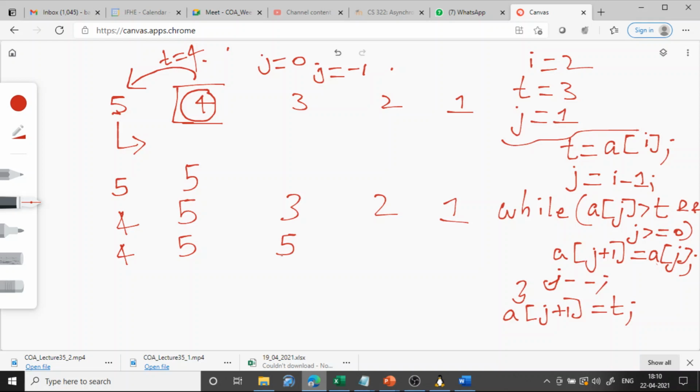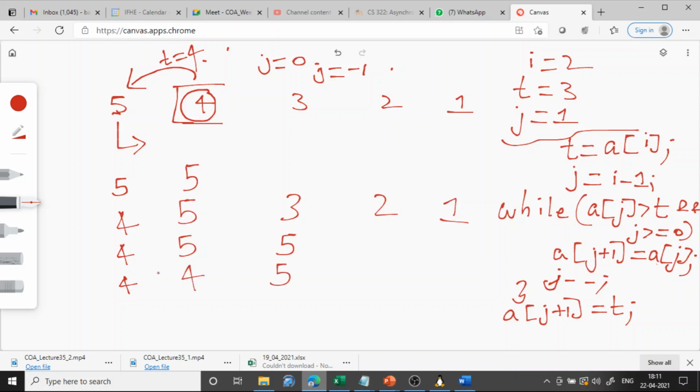Now j was previously 1, now it will become 0. So again you compare a of j with t. t is still 3. Is 4 greater than 3? Yes, then 4 will come here. So in the next iteration of the inner loop, it will be 4, 4, 5.